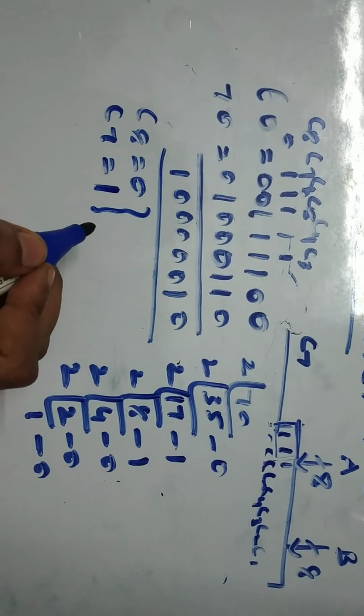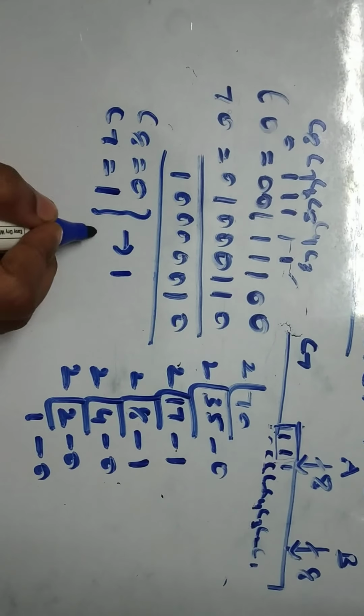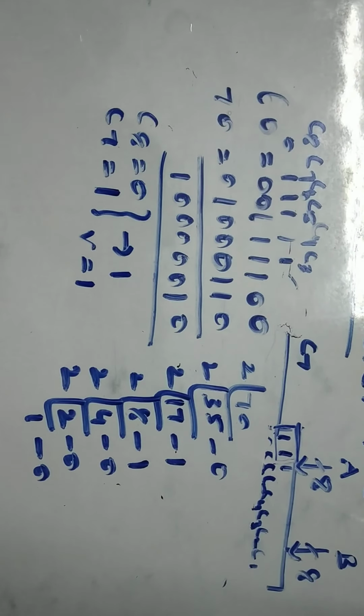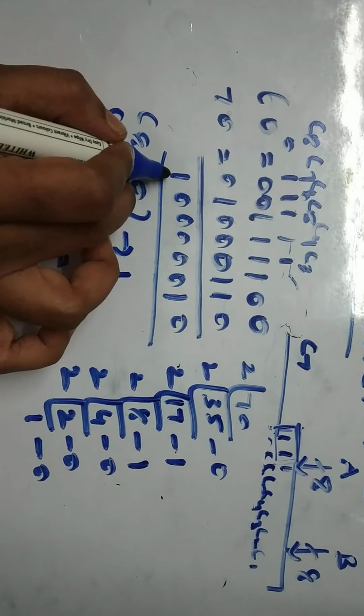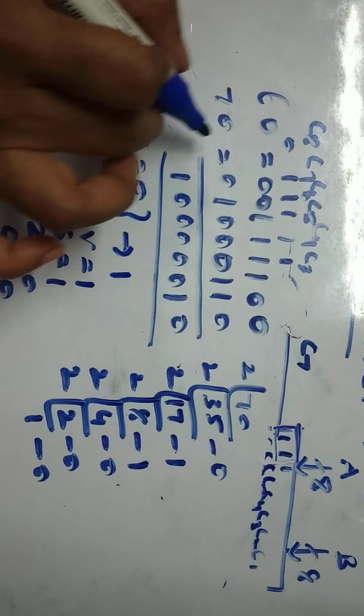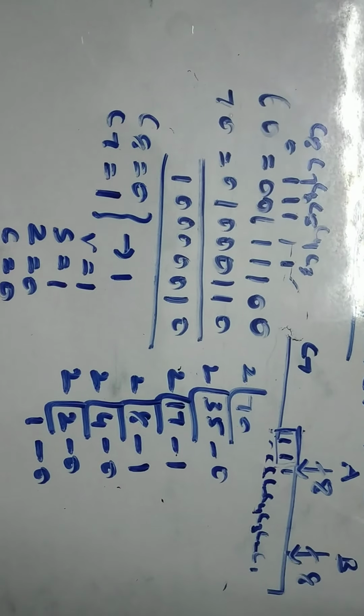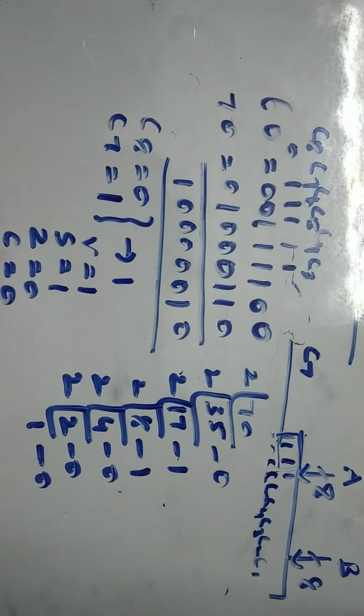So both are different values. If you perform XOR operation, obviously your result is 1. So what happens? Overflow value is 1. What is the sign bit value? It is 1. Zero flag, again it is 0. Carry, it is 0 because you don't have any carry here. C8 value is 0. So carry is 0. This is how the status register bits will be updated based upon the result whatever you are getting.